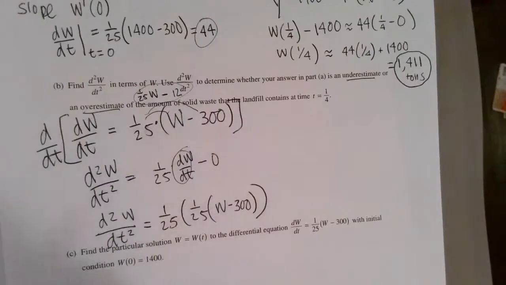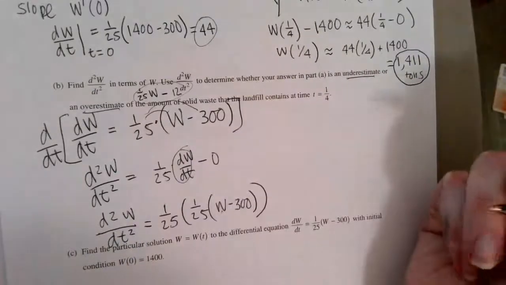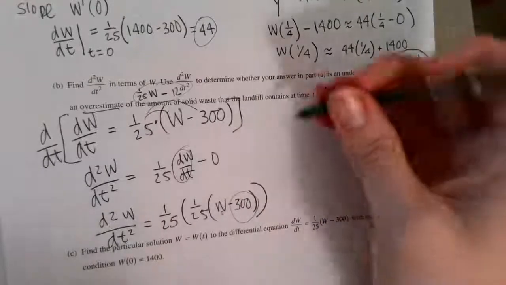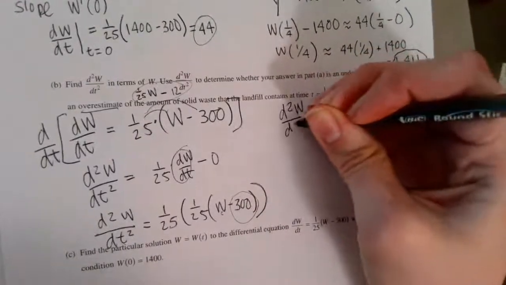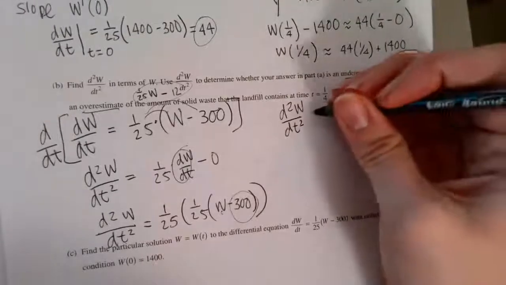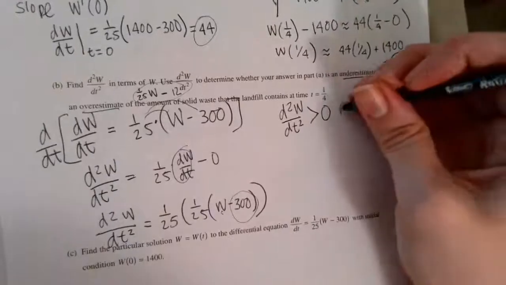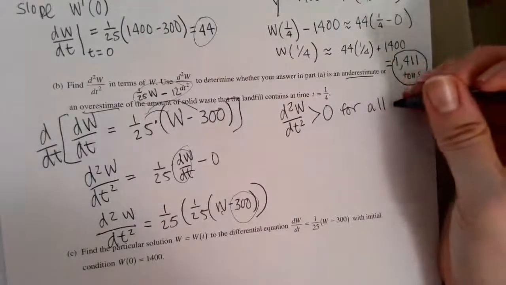I can do that by determining concavity. If I plug in some number for W, it's going to be larger than 300. So d squared W over dt squared is going to be greater than 0 for all times